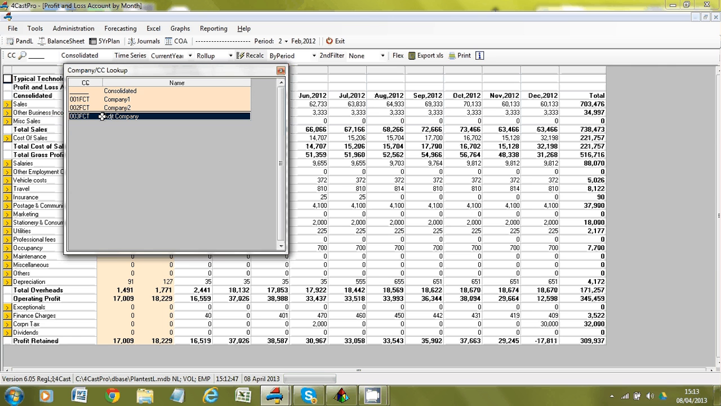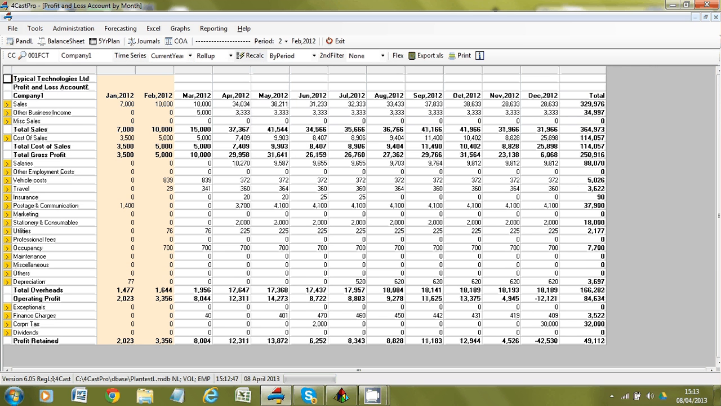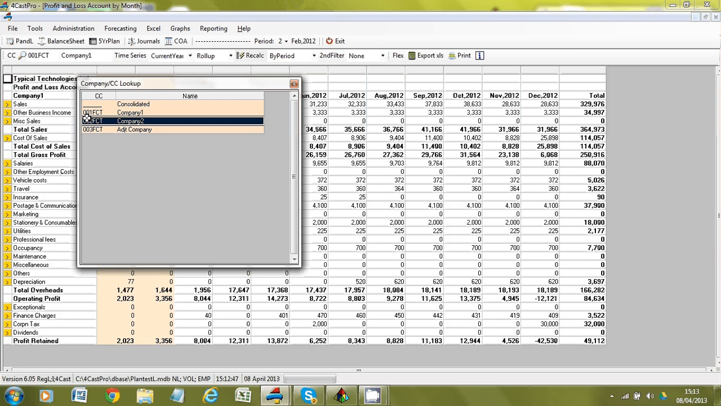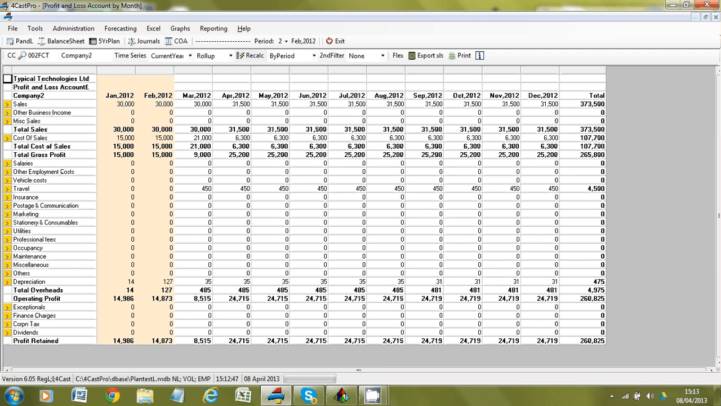This allows us to view data for a single company, or as it is for the consolidation of the two companies. So if we click on company 1, you can see their data, or company 2, you can see their data. Now at any level, you can drill down on an account group here on the left